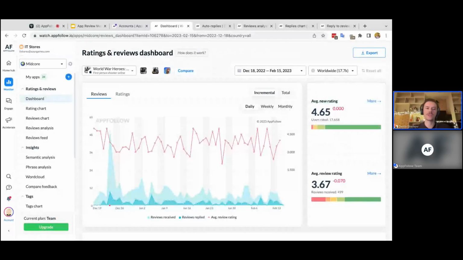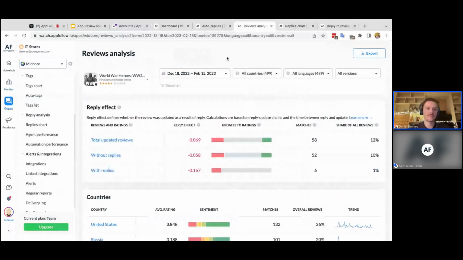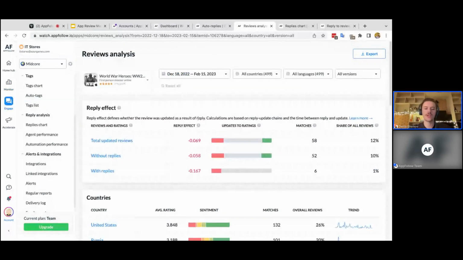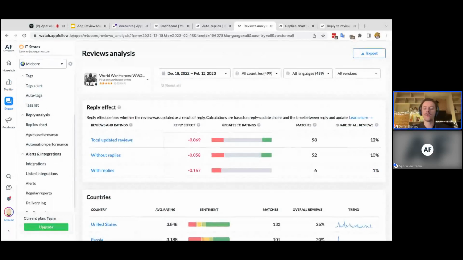As I've said, the dashboard is where we usually start to see the whole picture in terms of the numbers. Then the next one is usually the reviews analysis. Here we're trying to see what the results of the replies are at the moment, so how replies to the reviews affect the rating of these reviews. Once again, in the App Store, we can see that 58 reviews were updated. That means that the rating of the reviews was updated,